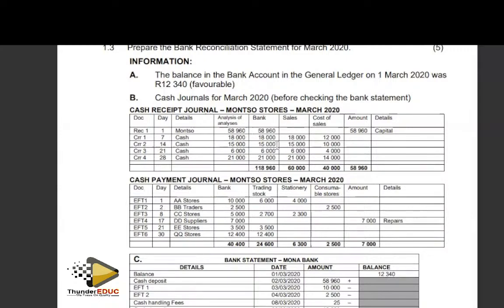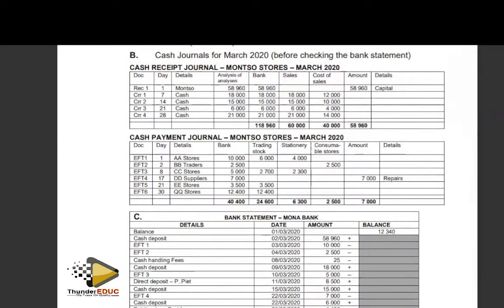Remember, you are the one preparing this cash receipts journal in your books in the company. Then we have the cash payments journal. This is where, whenever you make any payment in the form of cash, you record it in the cash payments journal. This one is also prepared by you in the business. Then part C,